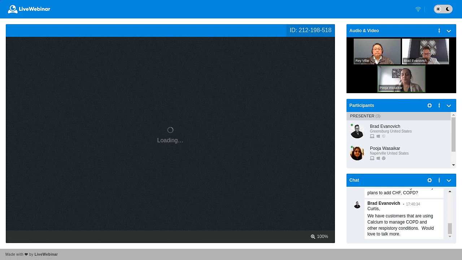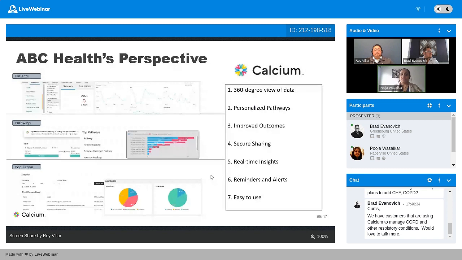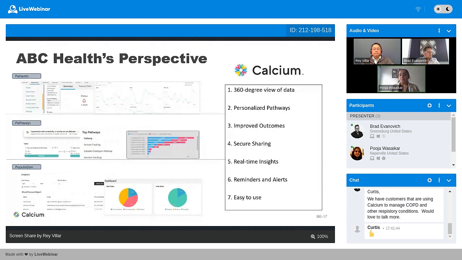There is a lot more that we can do, but as today's topic was more around how we can create personalized pathways, we are focusing more on that. But with the 360-degree view of data, not only Ken is benefiting, but ABC Health is benefiting as well. They can see a patient and their entire health history and all the health data and analyze more if someone is really struggling. They can look at a pathway like the hypertension pathway or the hypertension with comorbidity pathway. They can make a pathway for one individual or a million individuals at a time, and they can also track how that pathway is performing and then tweak it and improve it and publish it with a click of a button to all their patient population.